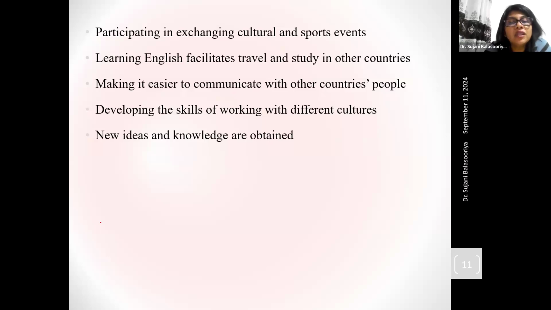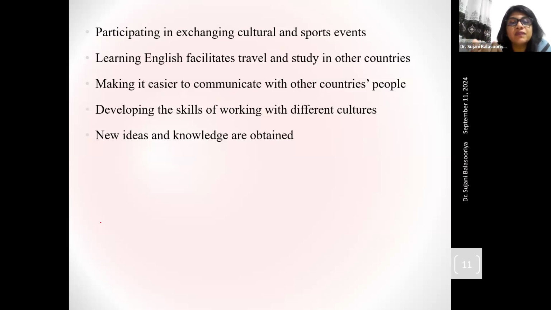Now, what do you think about pen pals, right? I don't know whether you had pen pals in your childhood, but if we have a pen pal from another country, then how do we communicate with that friend? If we have a pen pal from another country, where the native language is something else, not Sinhala or Tamil, then how are you going to communicate with your pen pal? You need to use the English language, no? Right? That is obvious.